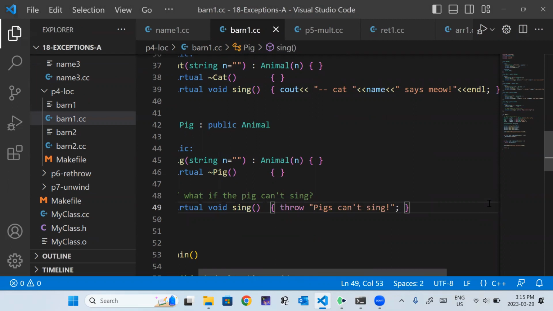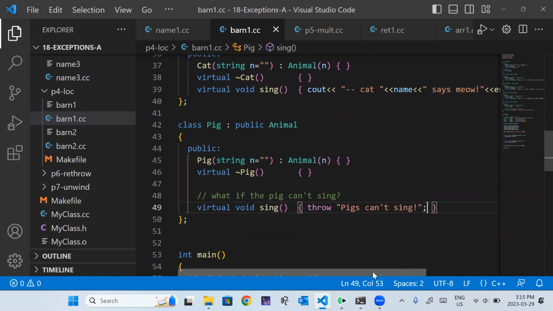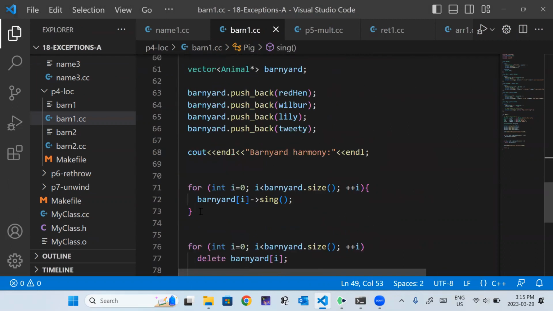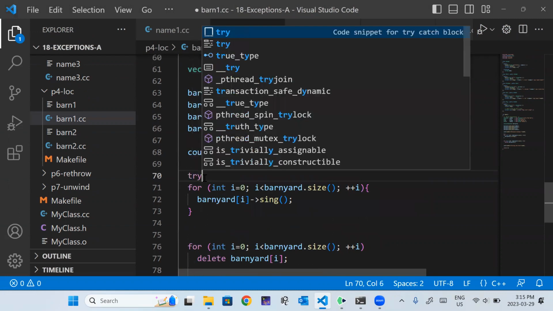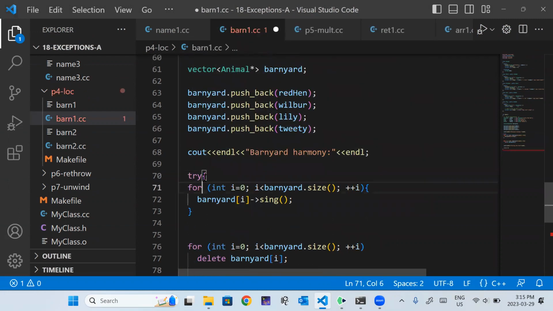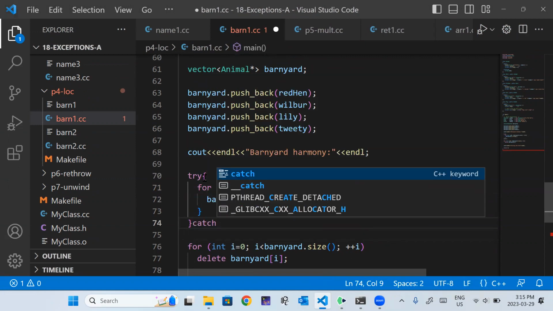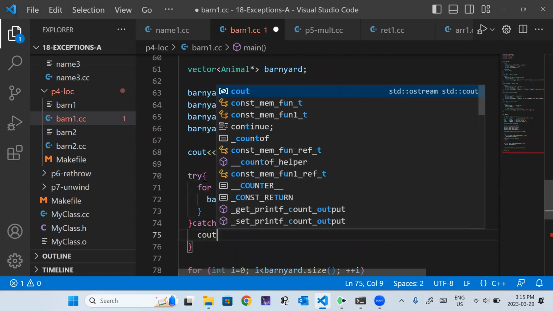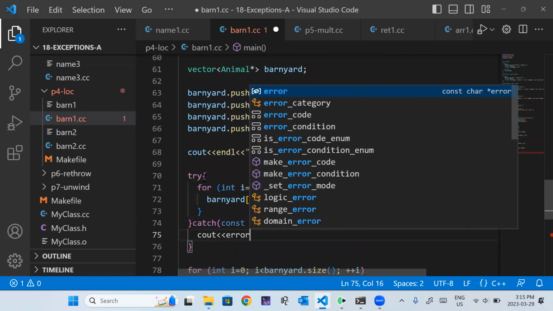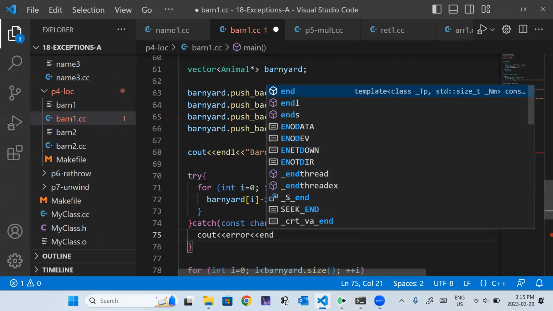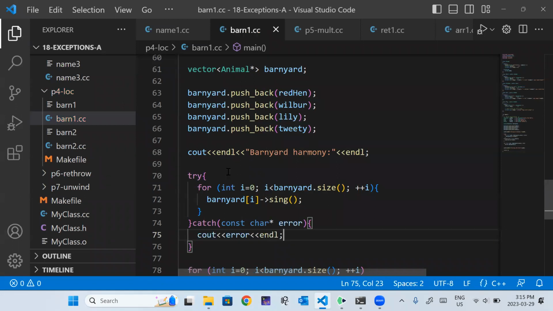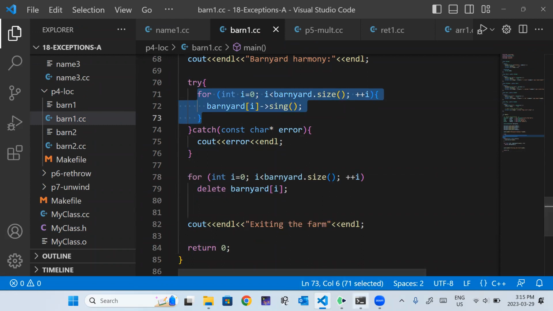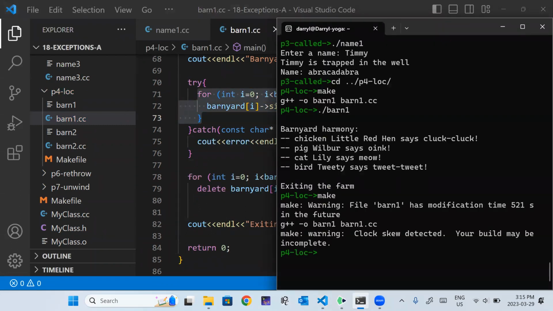All right, so now our barnyard harmony here becomes a dangerous piece of code. So we're going to embed that in a try catch block. Okay. So our entire for loop is in the try block, and then we catch it. So let's see what happens when we try our barnyard harmony now.